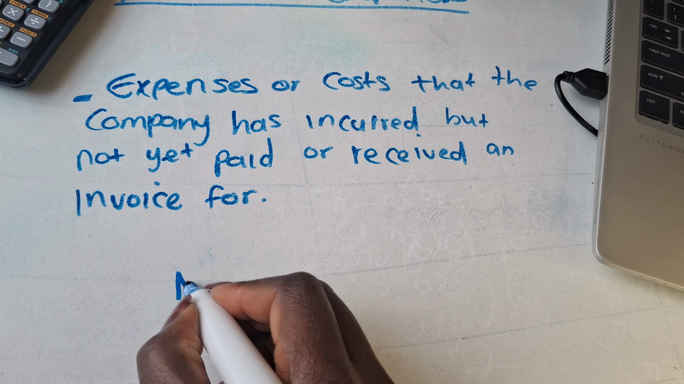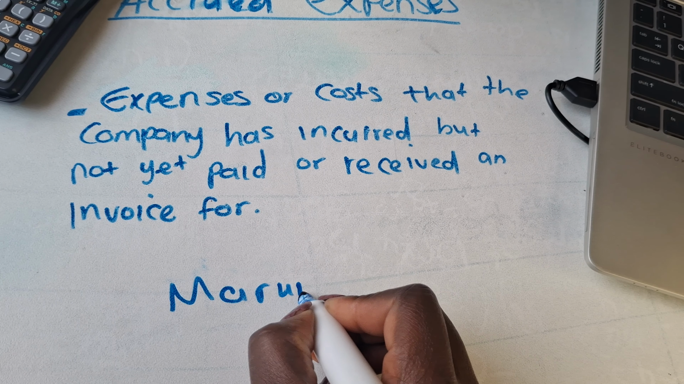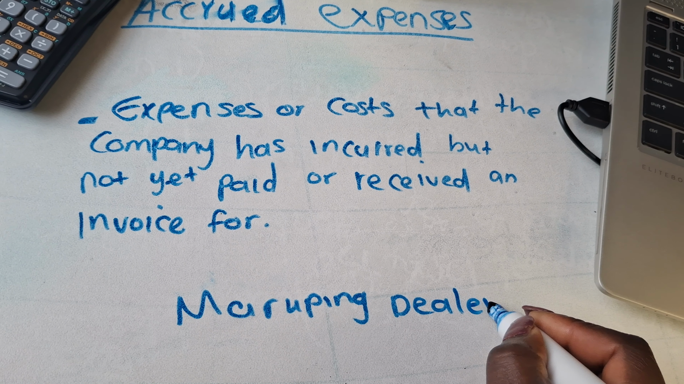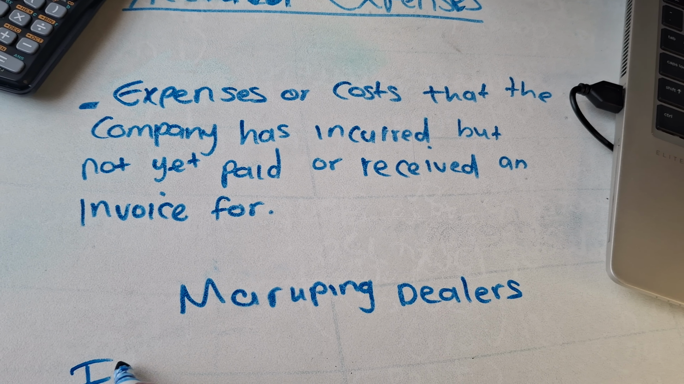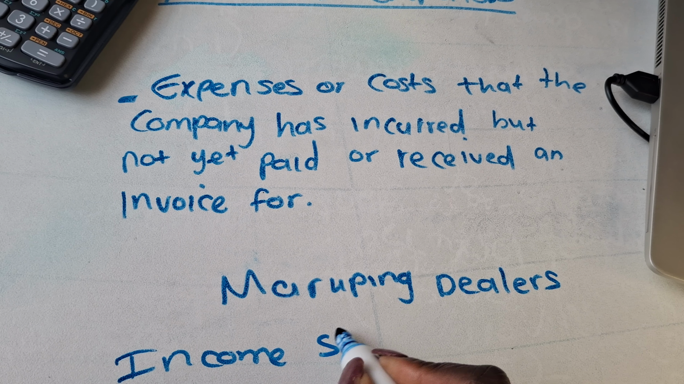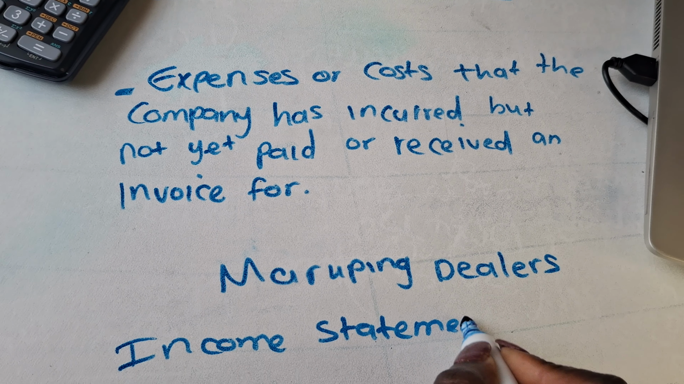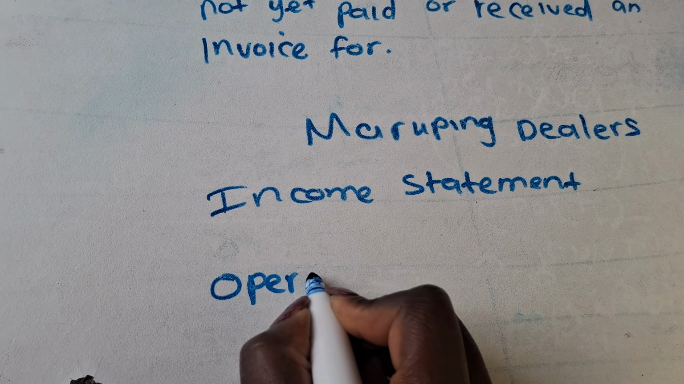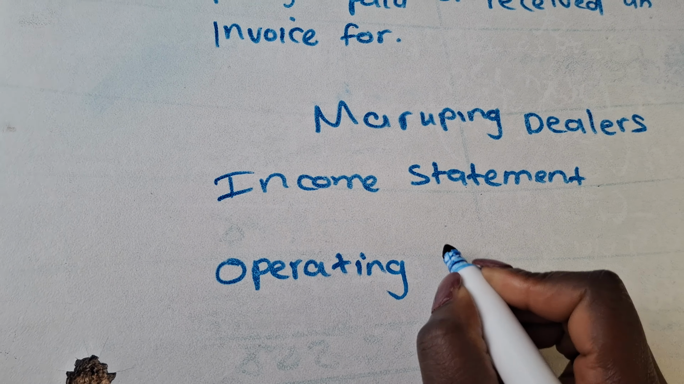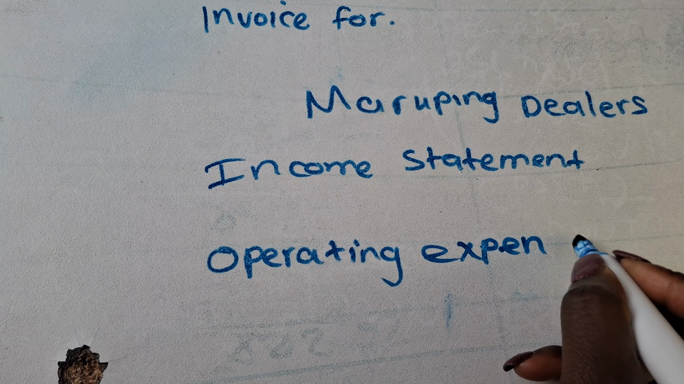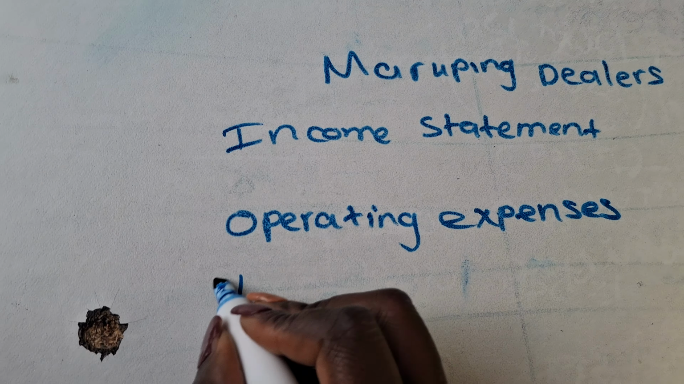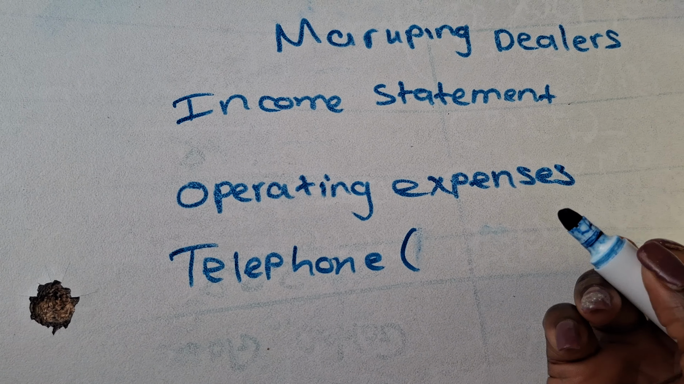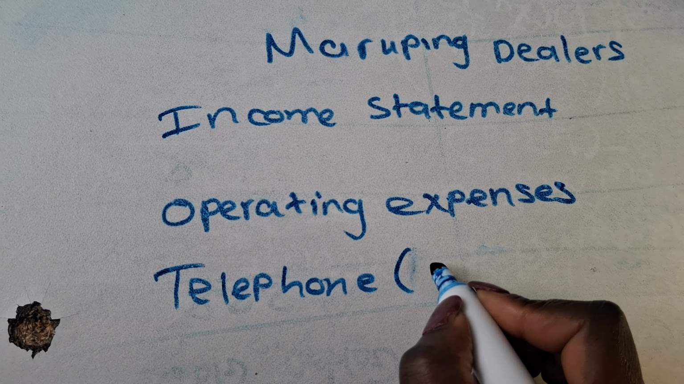So you will have Maruping Dealers, then you will have your income statement, right? Then under operating expenses, you will have your telephone, which in the trial balance they've given it to us as